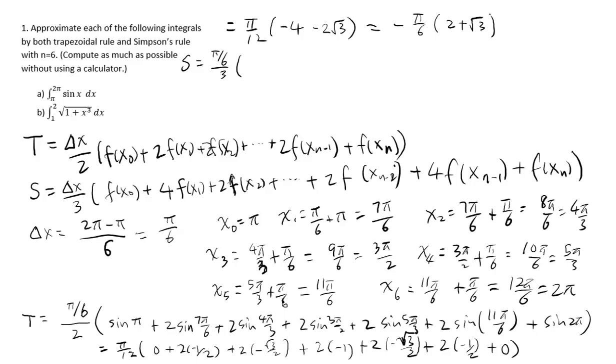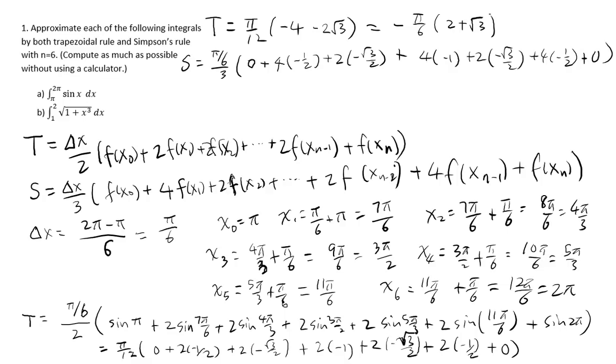So since I'm going to be using the same values, but just different coefficients, let me just copy what I have down here, but then change this to 4, negative 1/2, plus 2, negative radical 3 over 2, plus 4 times negative 1 plus 2 times negative radical 3 over 2 plus 4 times negative 1/2 and then